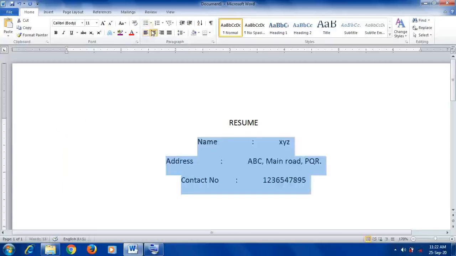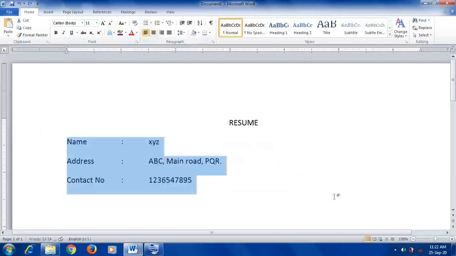If you align it center, then it looks like this. We don't want to make it center, so we want to keep it like this. So we can carry on. Okay, you can carry on like